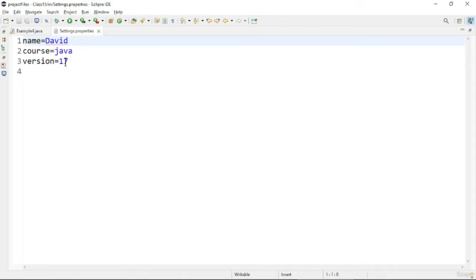Now let us see a program based on the properties files. Properties files are those files which consist of settings and other features as key value pairs. We will store those settings. For example, here you can see a key and a value, a key and a value, like in a hash table or hash map, similar to that this properties file will be storing key value pairs. This properties file is used in many frameworks to load particular settings. So let us see how we can use the file API to handle this.